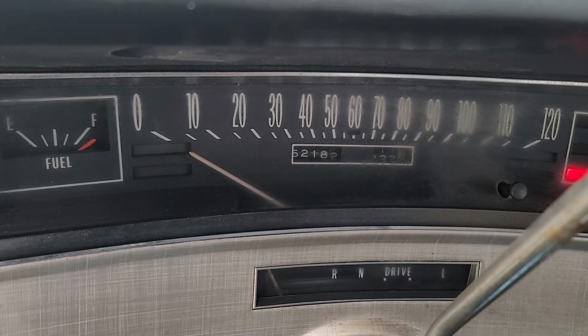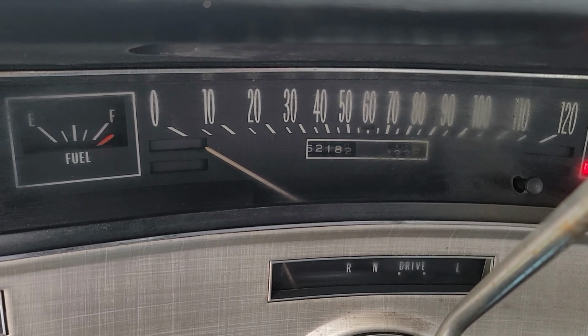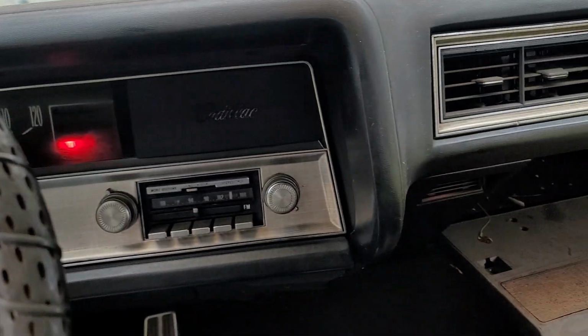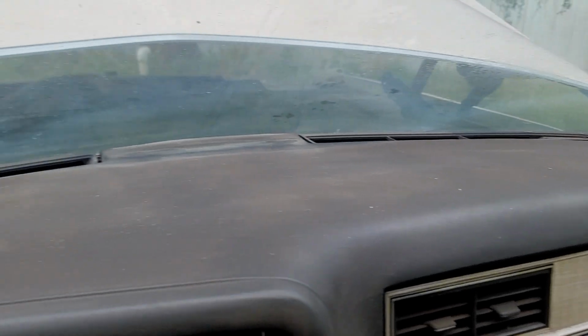For those of you who are longtime viewers, all 7 or 8 of you, you know on this channel that I love Cadillacs. And when I have the chance to get my hands on a nice, original, low-mileage car, for